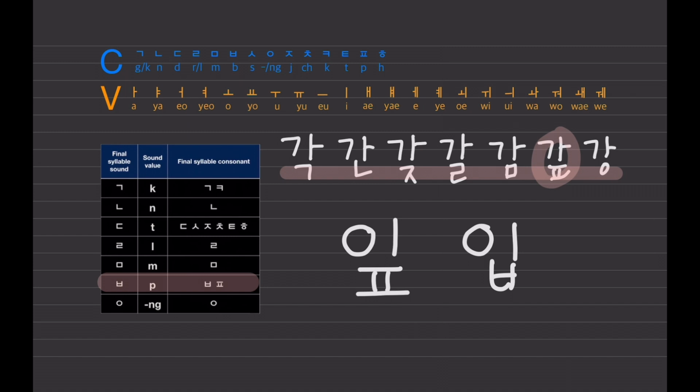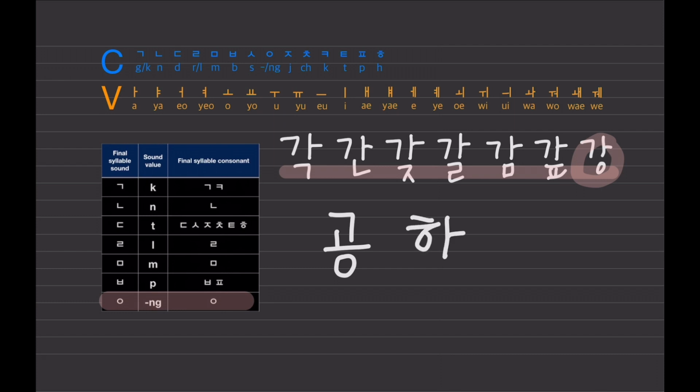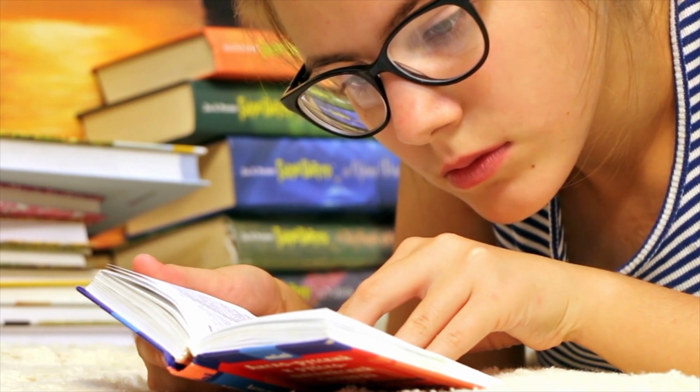입. And last one, if the circle is at the beginning of a syllable, it has no sound value. But when it's placed as a 받침, it's the ng sound, 응 sound. The same rule is applied to this one, so we don't make a 응 sound. Let's read the first one. This one is 공, 공. And what about the second one? 항, 항. And third one? 상, 상. I usually tell my students to trust your nature and the intuition of your tongue.